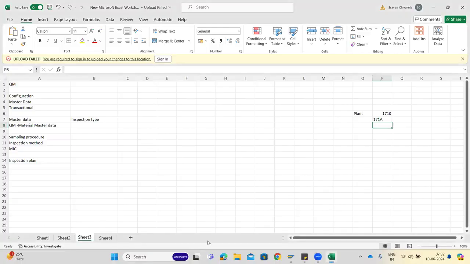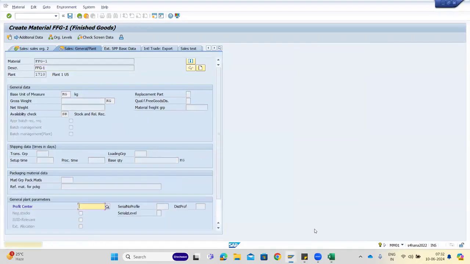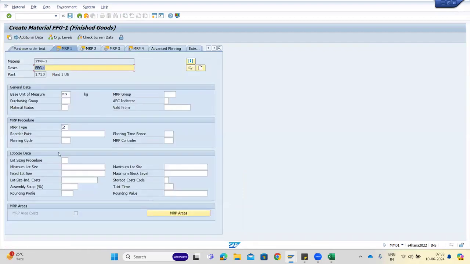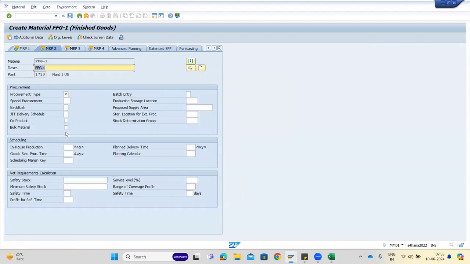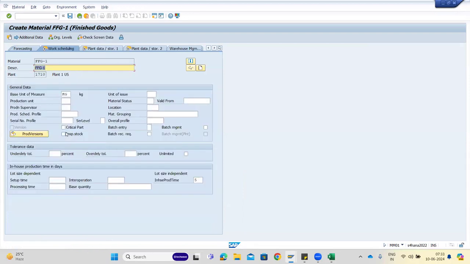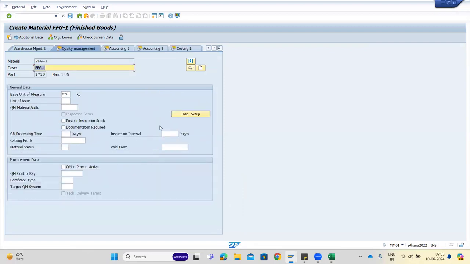Okay, let's complete this. Let's quickly create, and first we'll start with, let's go to the QM view, then come back. Because we're discussing the QM view, I don't want to go off topic. So in the QM view,